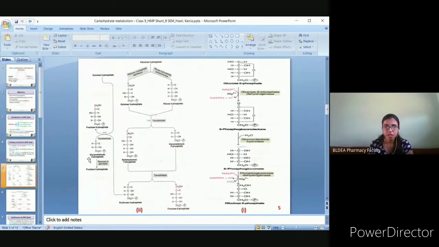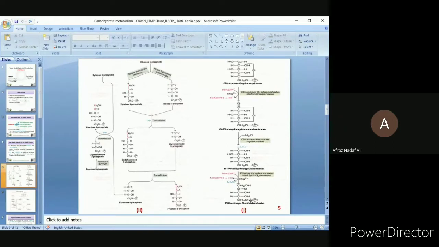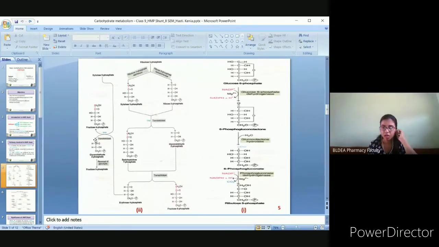Now this glyceraldehyde 3-phosphate, remember, in which pathway was it an intermediate? If you remember, in which pathway was it an intermediate? Glycolysis. Oh, it was an intermediate of glycolysis. Now these glyceraldehyde 3-phosphate molecules are diverted back to the glycolytic pathway. So first, this glucose 6-phosphate is diverted from the glycolytic pathway and made to undergo the HMP shunt. Now whatever the products obtained, that is glyceraldehyde 3-phosphate as well as fructose 6-phosphate.